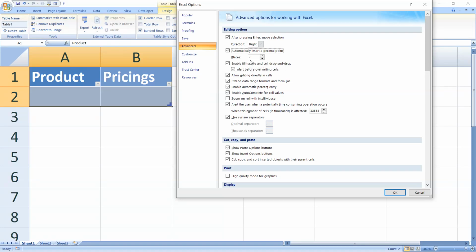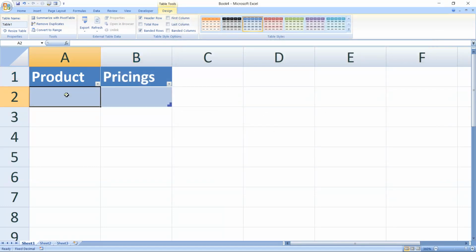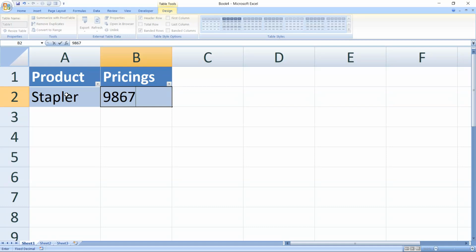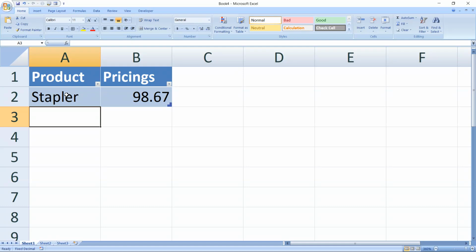So here I am basically creating a table for data entry purpose, where the decimal would be placed just two places from the right hand side of the number which I am entering. After making this selection, automatically insert a decimal point, I will be pressing OK. Next we will be writing the name of the product, maybe stapler, and instead of pressing any point, I will be simply writing that the stapler is priced at 98.67,